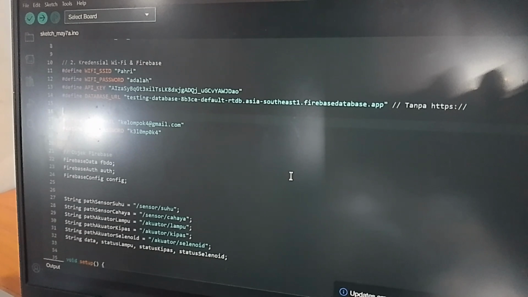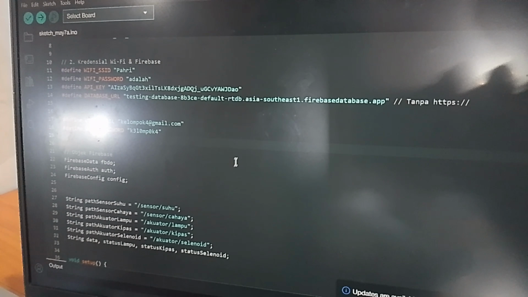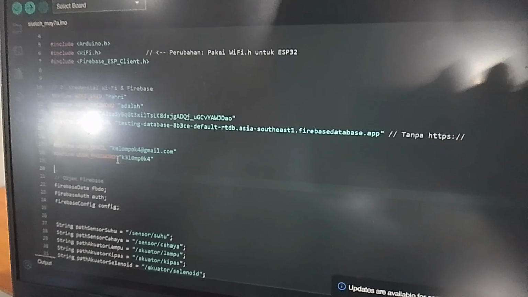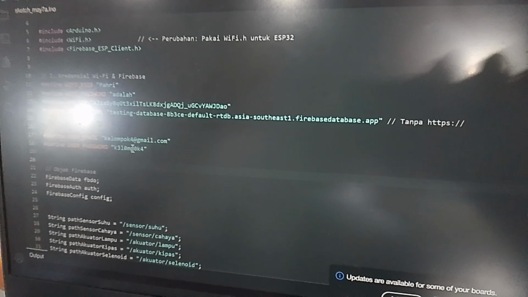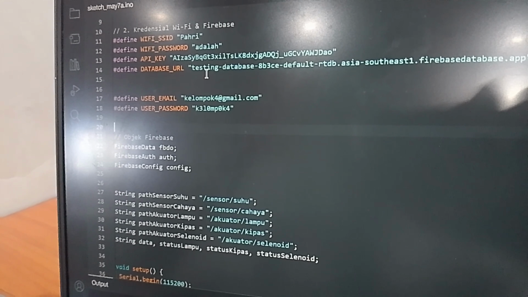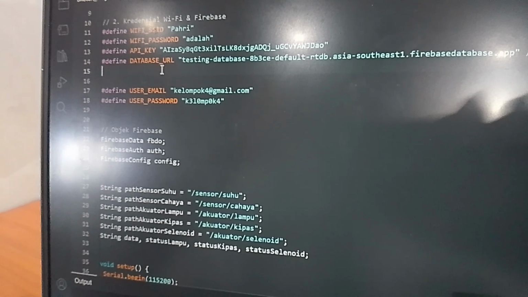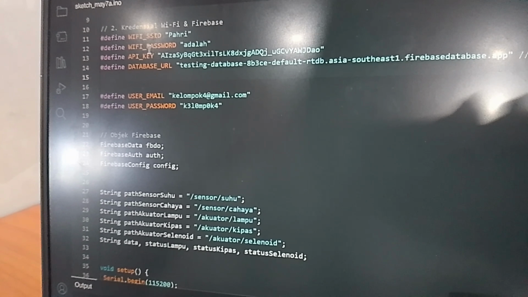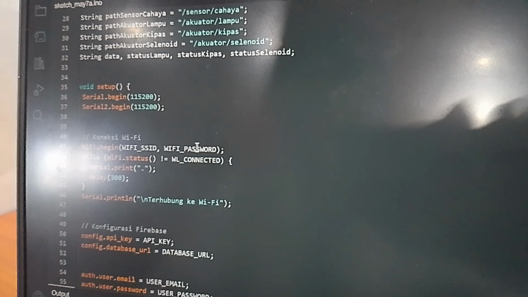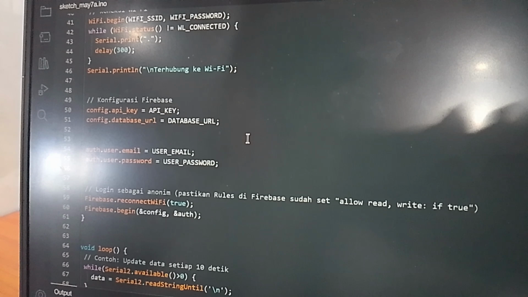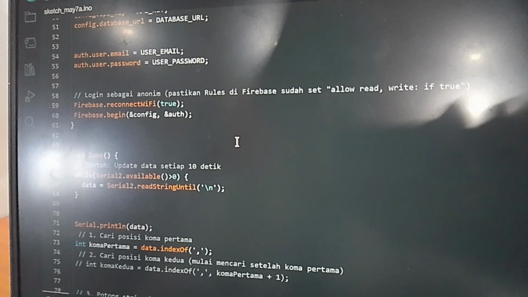We made that ourselves in my team. The user email and user password are the email and password of the account in the testing database. The API key is taken from the testing database, and the other part makes the ESP connect to the Wi-Fi so it can be used on the web.